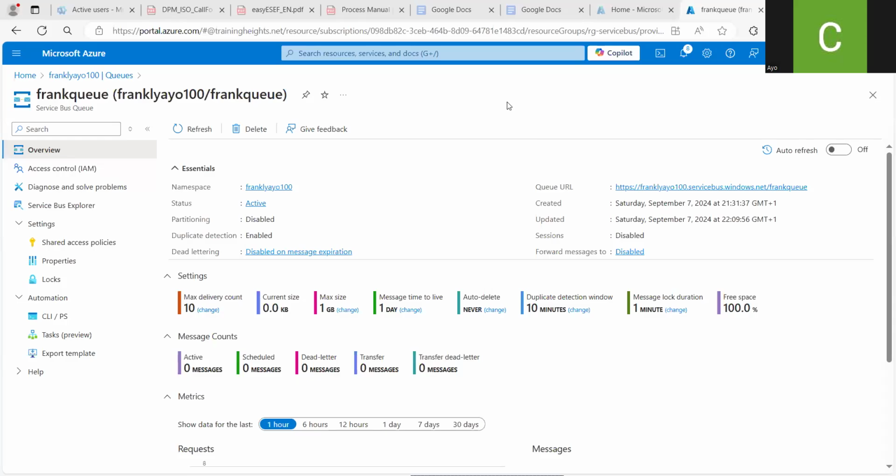The first thing I want you to understand is that for duplicate detection, you must not be on the basic pricing tier. So you must be in either standard or premium. What do I mean? So if I should go over to